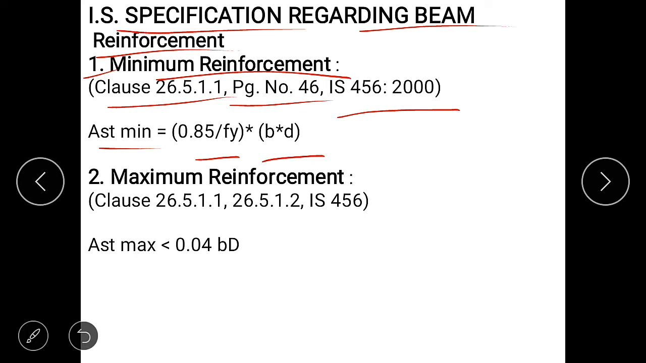To calculate maximum reinforcement, in IS 456 2000, clause number 26.5.1.1 and 26.5.1.2, the Ast maximum formula is given. Ast maximum is not greater than 0.04 bD. Okay,